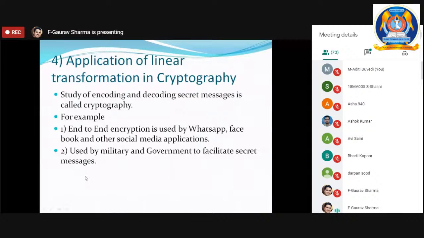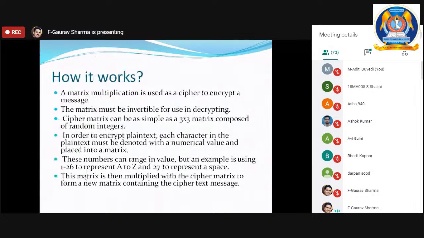So heavy linear algebra is used in cryptography. Now let us see how it works. Again, I will use a particular example to discuss the working of cryptography. So here I have written some ideas on how it works. First, matrix multiplication is used as a cipher to encrypt a message. Now to make it secret,